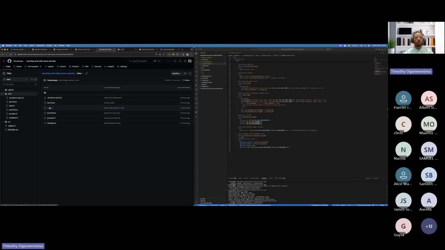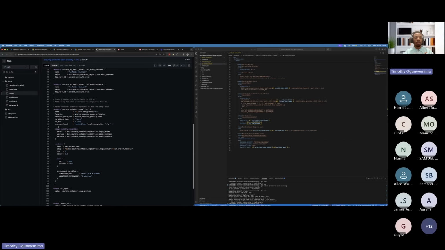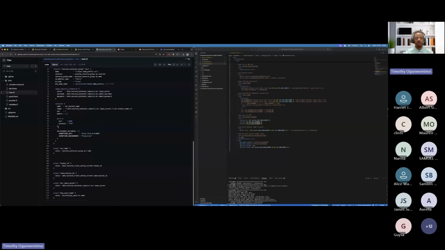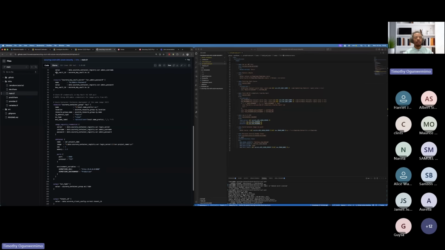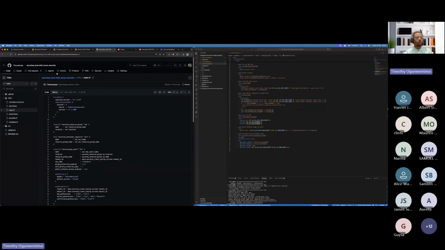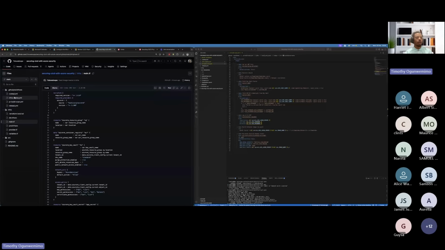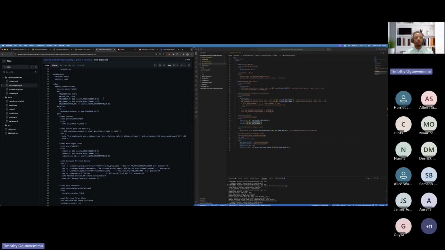So this is my infrastructure, and I have this. This is just deploying keyboards. It is deploying a container instance. And one of the things that, okay, let me just show you what the pipeline looks like. So I created this infrastructure deploy pipeline, which, as you can see, I'm using